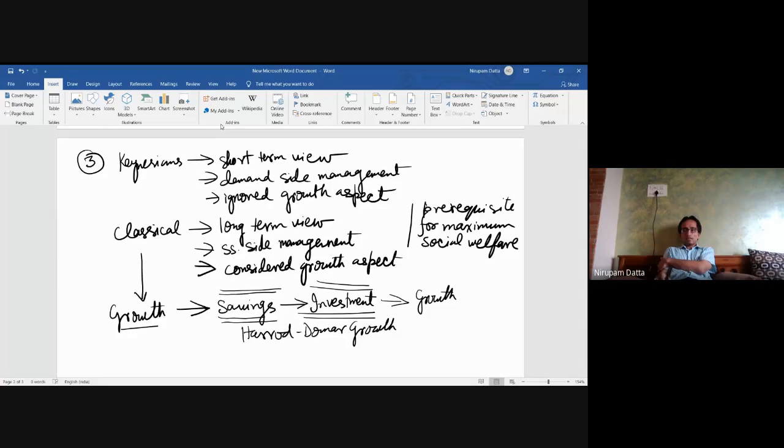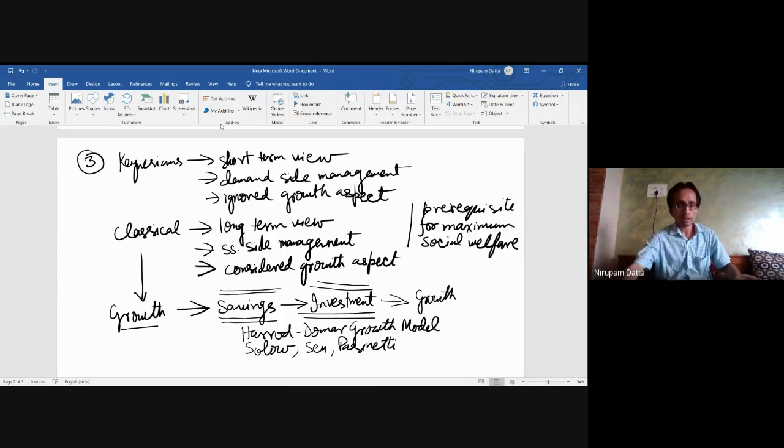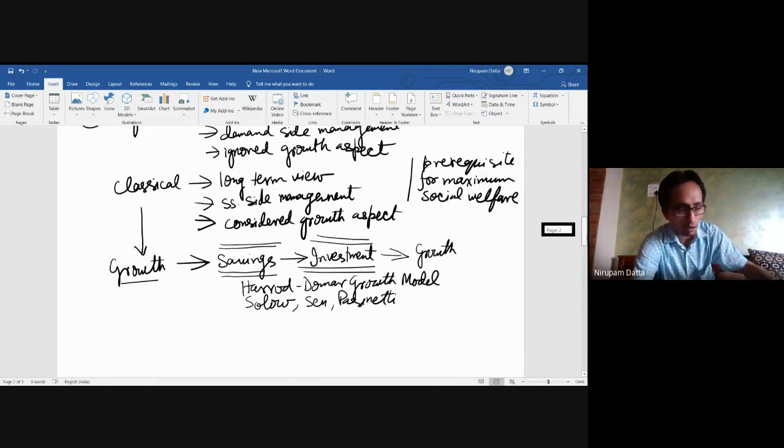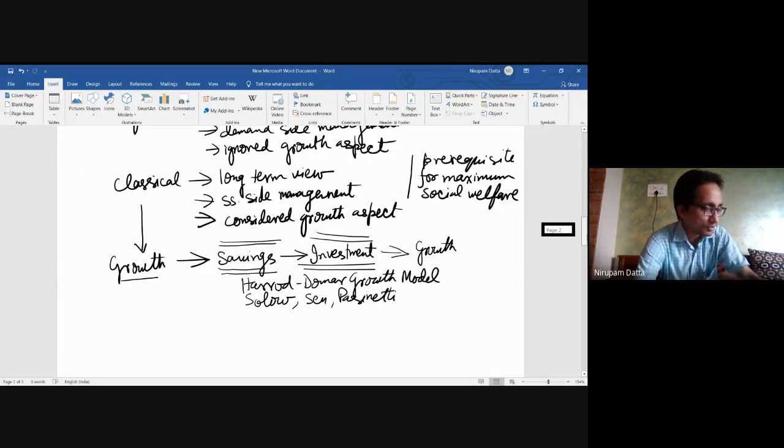So basically they were Keynesian economists. They drew their concepts initially from the Keynesian theory and developed this growth model. And later on, a lot of people came. Solow was there. Then there was Sen, Passinati, about whom you will be learning in your development economics course, how they further developed this growth model. Okay. So next, after this economic growth, what comes is your